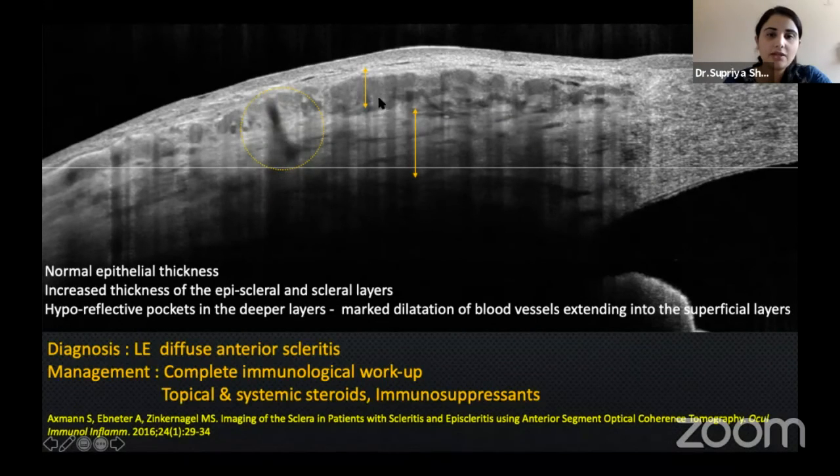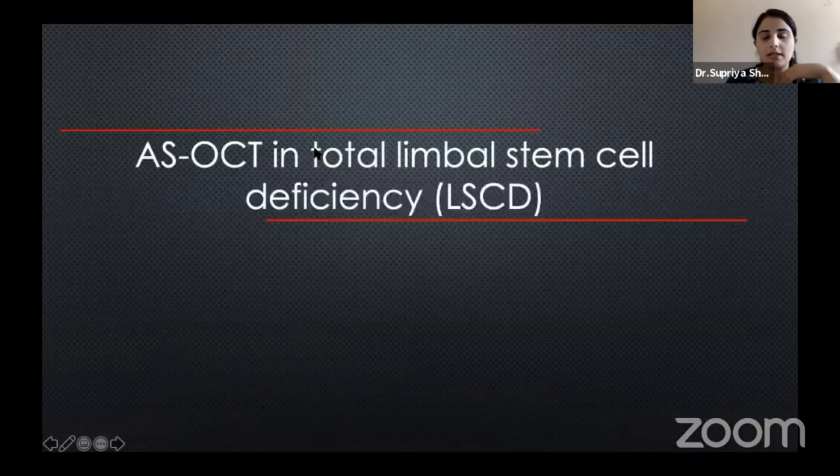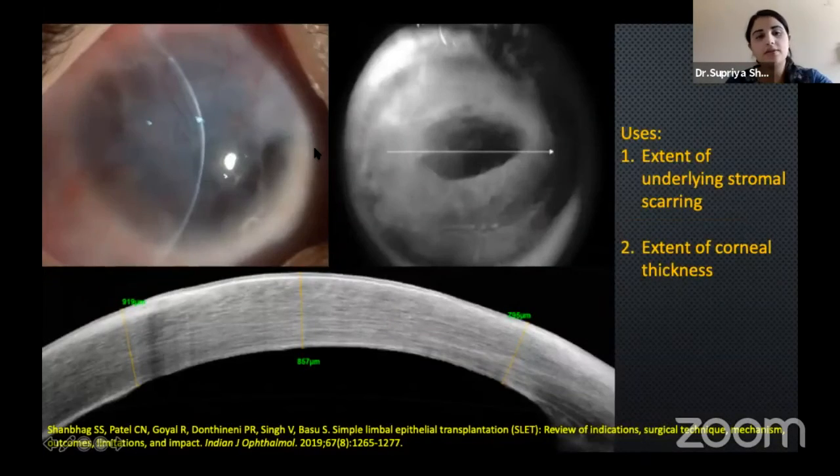That is, there is increased thickness of the episcleral as well as the scleral tissues with dilatation of these vessels in the episclera and the sclera. And these vessels, as can be seen here, travel superficially into the superficial plexus from the deeper vessels. So in the last segment, the use of AS-OCT in LSCD, as we see, these patients can present